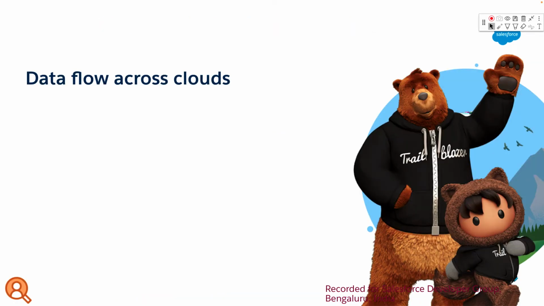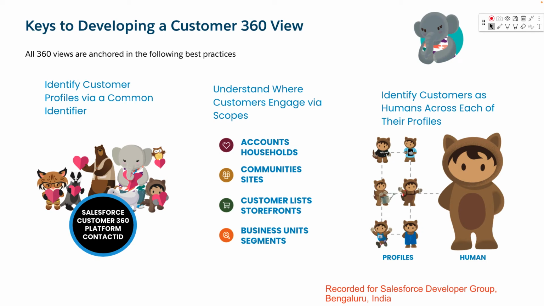The data flow across clouds. So basically there are multiple ways we can develop a customer 360-degree view. That is what our whole purpose is. We have got multiple profiles, like we saw in the very first slide. Someone is coming from social. This is my email one. This is my email two. This one came from phone verification, and so forth. How do I actually get all those profiles and assign them to a single human is what my